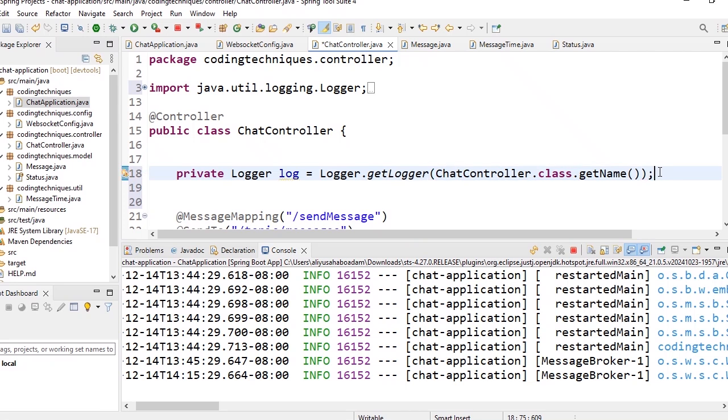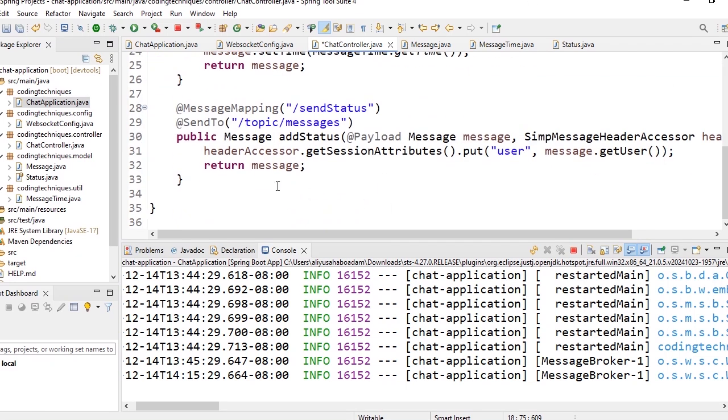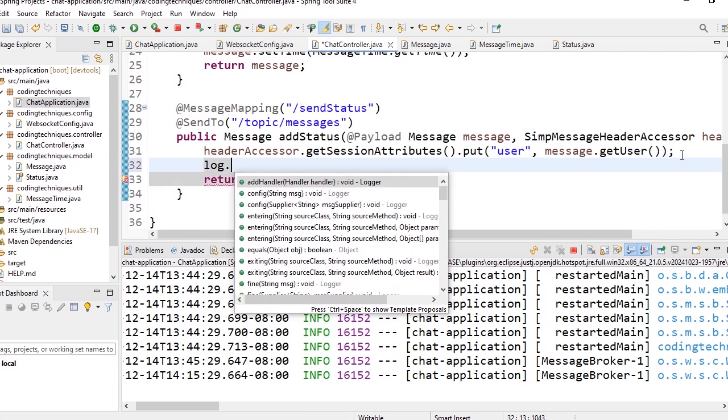We need this logger here so that when we submit, we'll see it in the console. log.info,